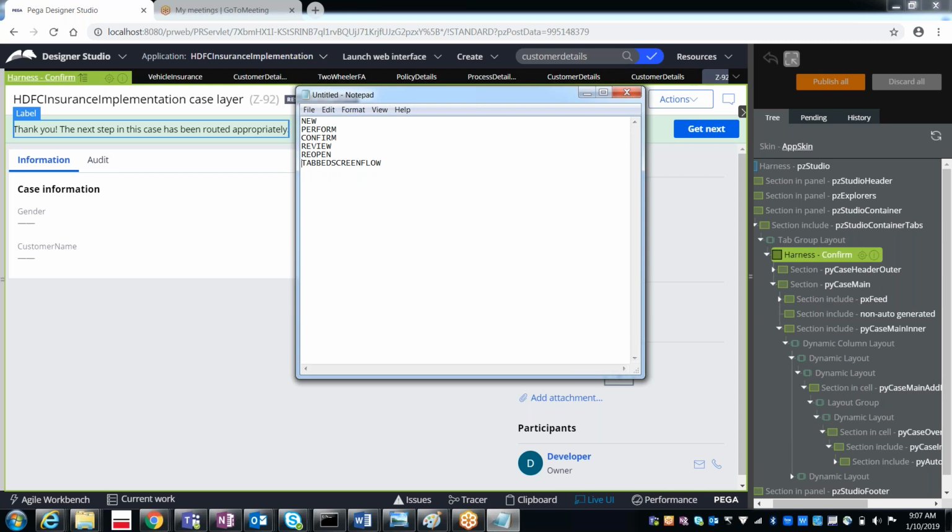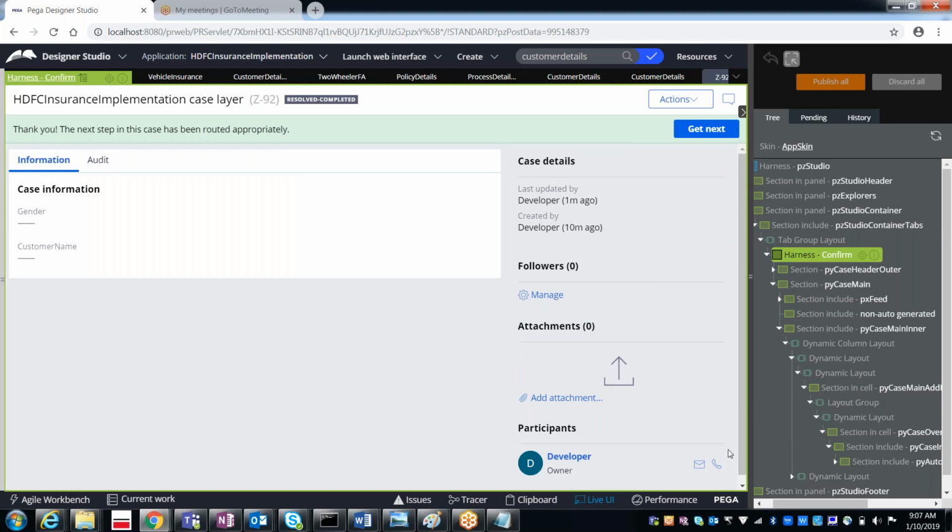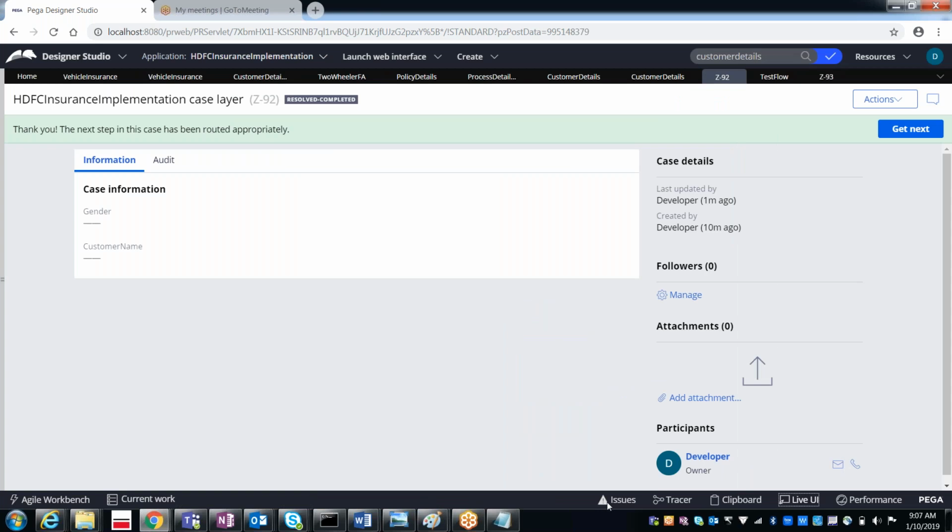Okay, so how exactly you can get all these things? Okay, is it possible to change ourselves? Yes, it's possible. Okay, in case if you want to modify, it's possible to change these harnesses. So how exactly we can change? Where exactly we can refer the modified rules? Okay, that we will discuss now.